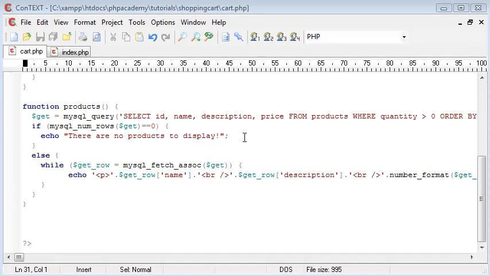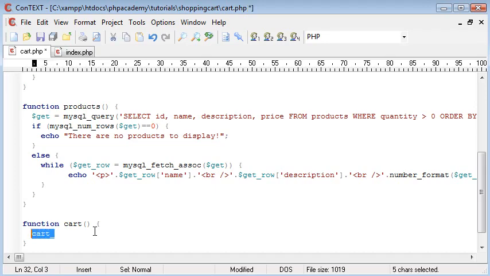Okay, so this is one of the most complicated parts of the tutorial. This is creating the cart itself to display the products that have already been added to the cart. So we're going to start off with function cart, that's what we're calling it, and obviously our two curly brackets either side. Now we need to read in all the session data that's been stored and filter it down by what starts with cart underscore, and then obviously the number after this is going to be the items, so that we're going to know which items exist in the cart and how to price them, so we can price them individually,